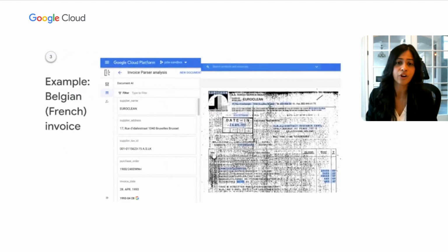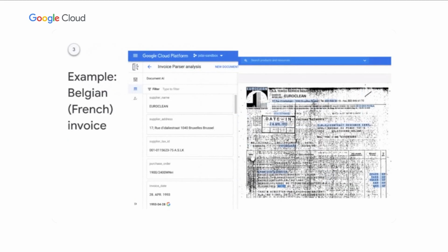Here's an example of a French invoice, and again, you see the full benefits of schematized parsing as fields like supplier name and supplier address are extracted from the document, even though the field names themselves don't show up. As an aside, I want to quickly highlight the amount of work that has gone into the computer vision models underlying DocAI. It's no small feat to be able to read, say, the supplier address of a document of this